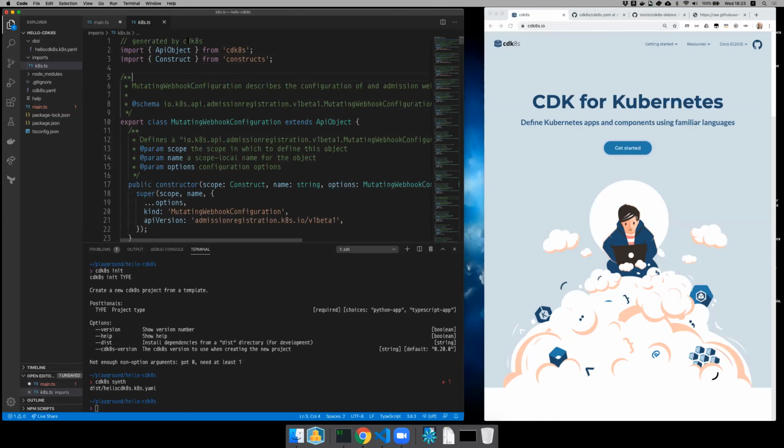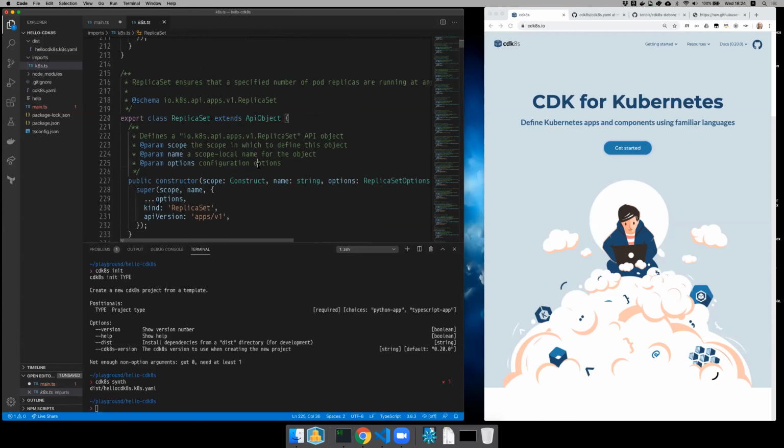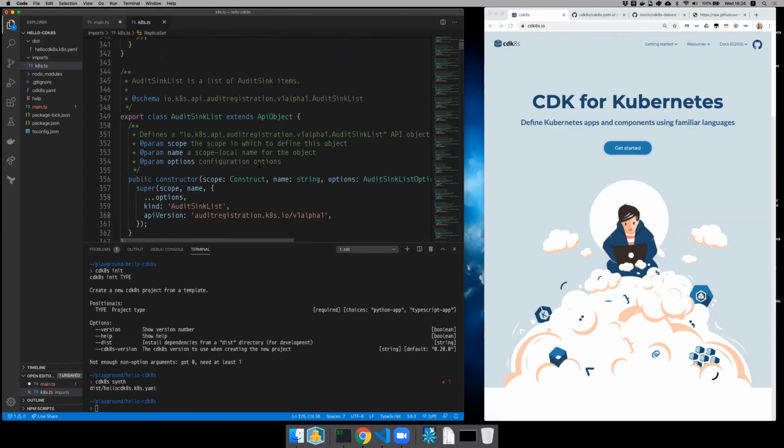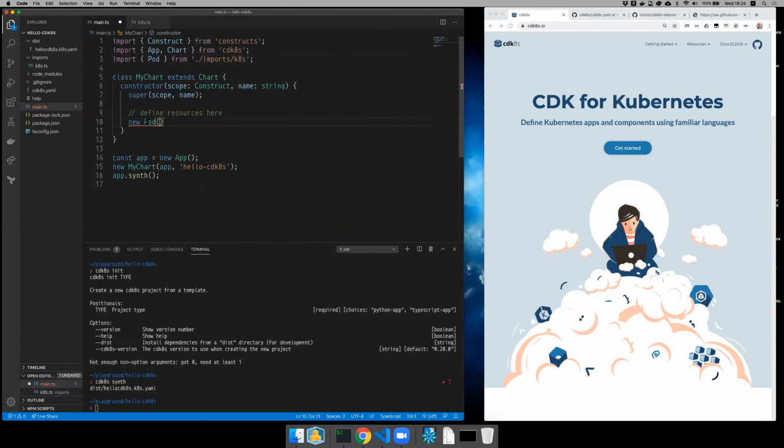You see, this file is generated by cdk8s, and at the end I'll show you how to generate these files. But it basically contains all of the Kubernetes core objects as strongly typed classes with annotations and documentation. So it's based on the OpenAPI spec of Kubernetes. So it's one-to-one with the Kubernetes API and has all the capabilities of Kubernetes. It's low level in that sense, but it still gives us the ability to use a programming language in order to define these resources.